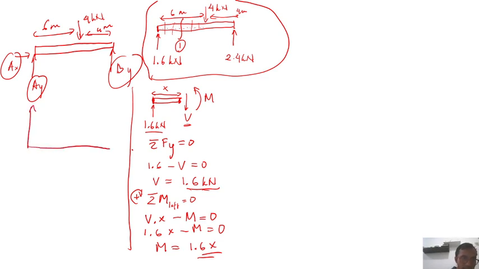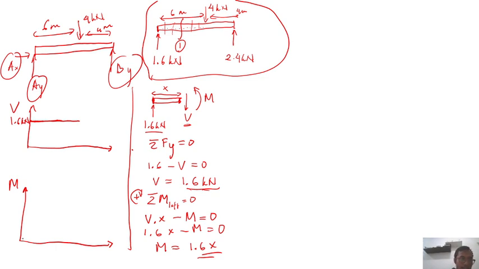This is my shear force, phi, and this is my moment here. For the shear force, it will be 1.6 kilonewton. For the moment, it's supposed to follow 1.6x, which means,